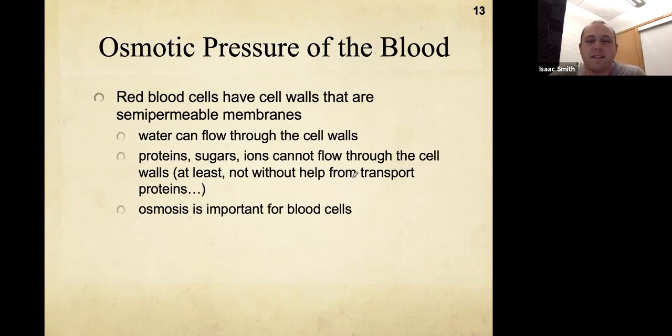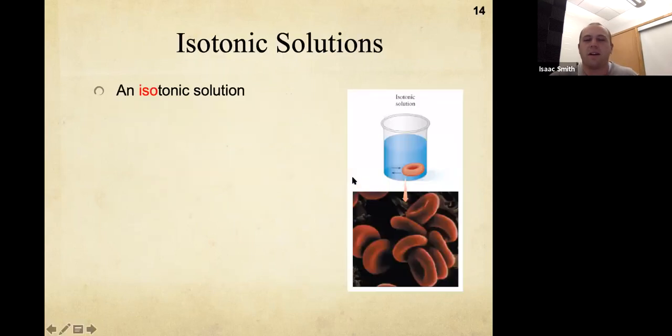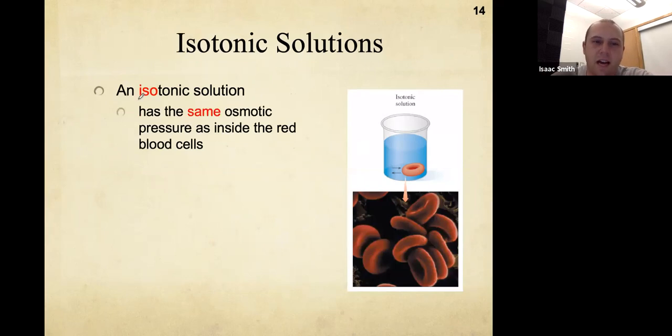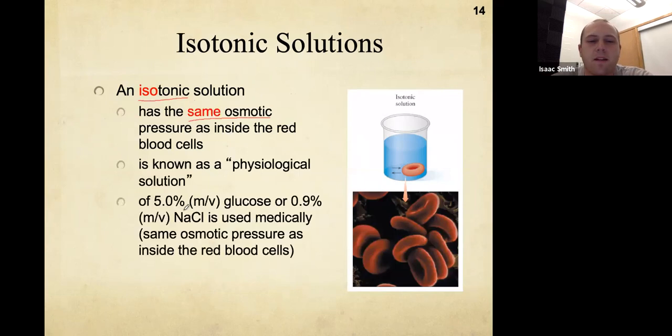Okay, so osmosis is important for blood cells. We're going to talk about three different situations that a red blood cell can be in. One is an isotonic solution. That's where the fluid surrounding the red blood cell has the same concentration as the concentration inside the red blood cell. That's called isotonic, right? It's the same osmotic pressure. And because of that, there is zero net movement of water across the membrane. And so the red blood cell